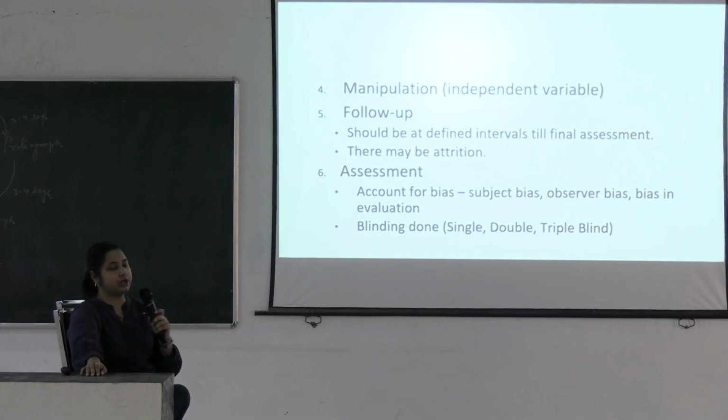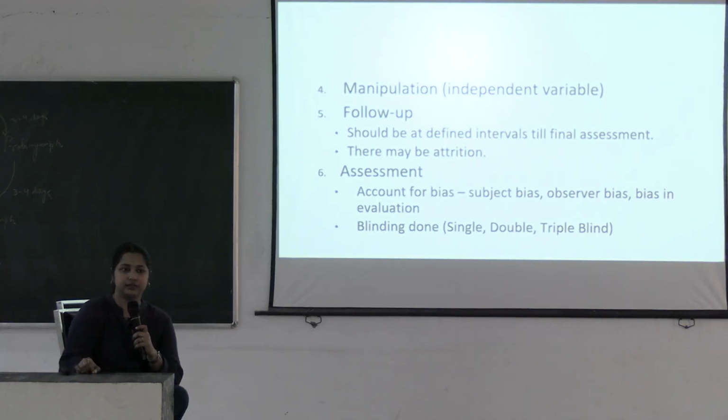And then bias in evaluation. If the person who is doing the analysis or the evaluation knows that this new intervention should be better, and has that in mind, they may over-exaggerate the results. So there can be a bias in the evaluation also. These are all biases, or errors, systematic errors. Bias means the systematic error that can occur in a study, a flaw in the study design only. So you have to tackle this bias. You have to make this bias as negligible as possible.